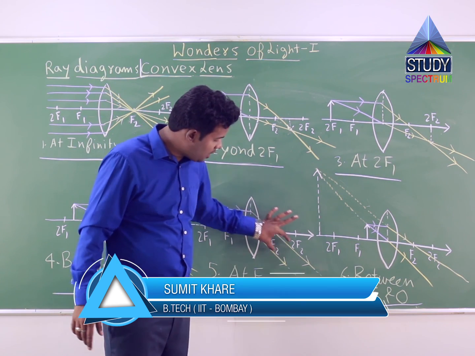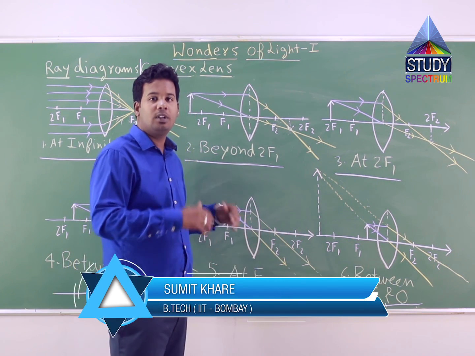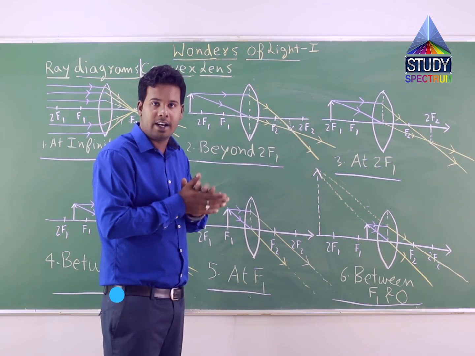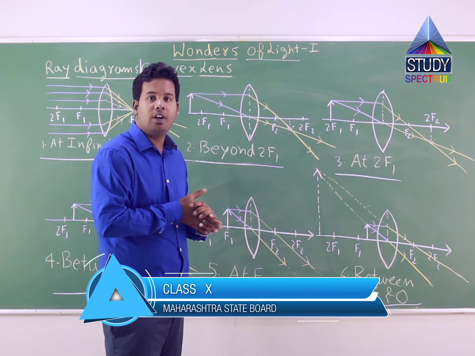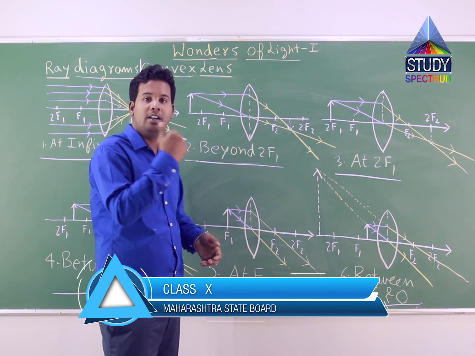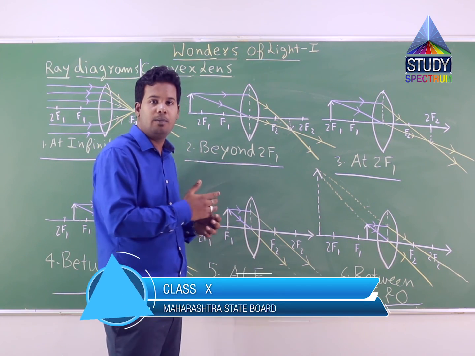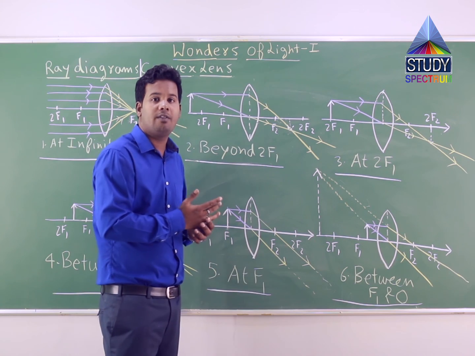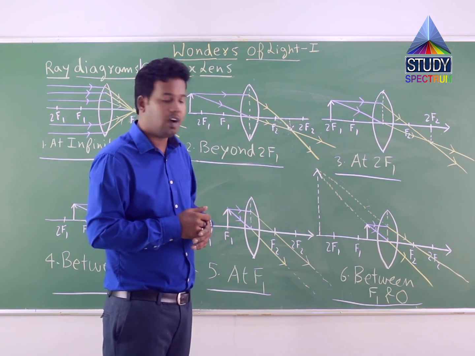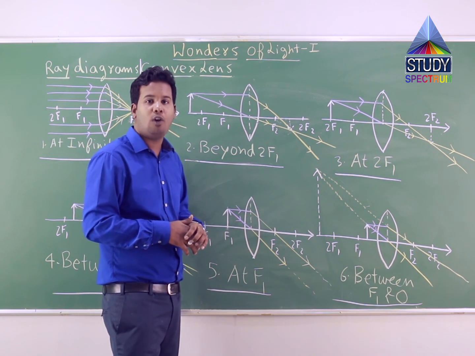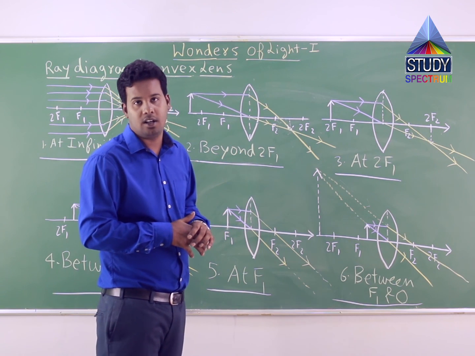It means we don't know where the image will be formed. That is why these two rays are almost parallel and we are assuming that it will be formed at a very far distance, that is infinity. So the first result: the image is formed at positive infinity. And since it is positive infinity, the image will be formed behind the lens, so we have written real image. That is why the first two results are image formed at infinity and image is real.